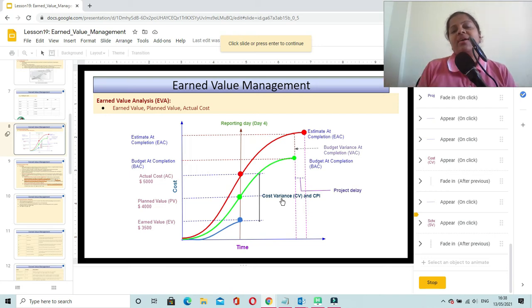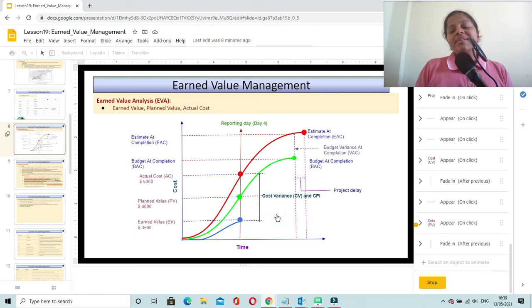It is on track. And now let us come back to CPI, Cost Performance Index. Cost Performance Index is one of the terminologies which indicates the cost efficiency of your project. Cost variance is the straightforward difference between the earned value and actual cost, and Cost Performance Index is EV divided by AC. It is the efficiency. It will help you to understand how efficiently your project is performing at a given point of time.